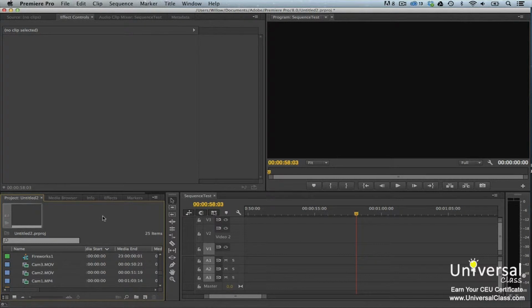When you sync by timecode, the clips are synced by using data that's embedded in the footage. There are two different ways that you can sync by timecode. You can sync by timecode by creating a multi-camera source sequence in the project panel, or by using a nested sequence. To sync clips in the project panel, select the clips in the project panel as we did before, by